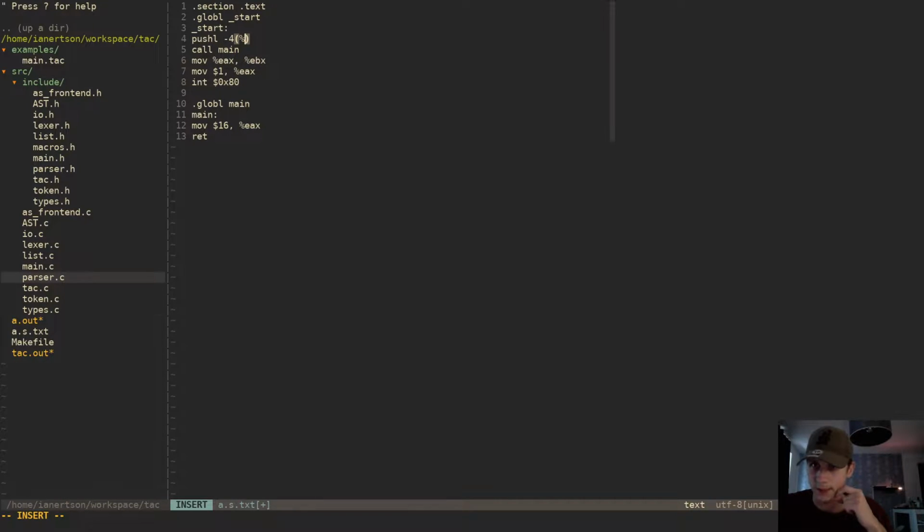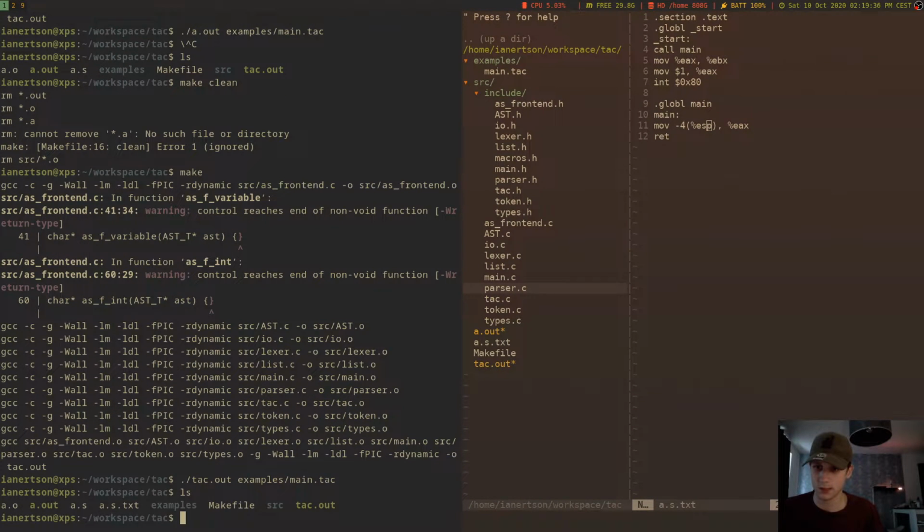So argc. Let's just try and do something here. What if, instead of moving 16 into EAX, we move minus 4 ESP into EAX, and let's just do